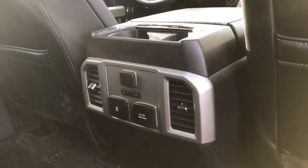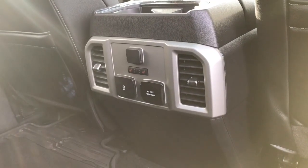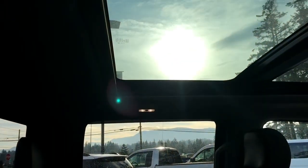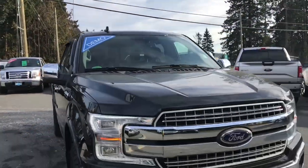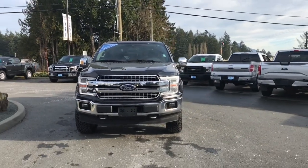and in the center a couple of cup holders, heated seat controls for the rear seats, air vents, 12-volt USB and 110 outlet, grab handle in the body, up above, hooks and lighting as well as that panoramic view, and in the back, access to a power sliding window. Bumper, mud flaps, 5.5-foot box, privacy glass in the back windows with window vents, heated and powered side view mirrors with blind spot information system, LED headlights, halogen fog lights, tow hooks,